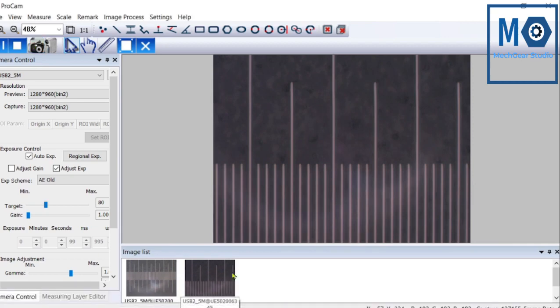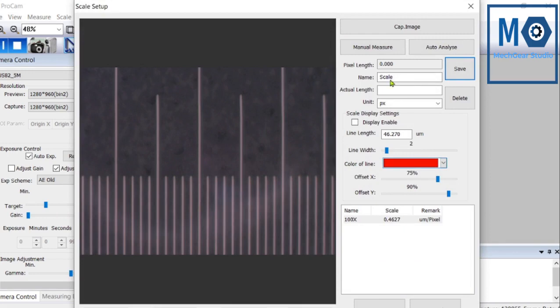Here you can see in the previous case we measured 4 large divisions, but here at 200 magnification only 2 large divisions are visible. So it is magnified more. Almost it is double magnified. Write down 200x. We will measure the actual length. Assign the unit in micrometer instead of pixel, px.